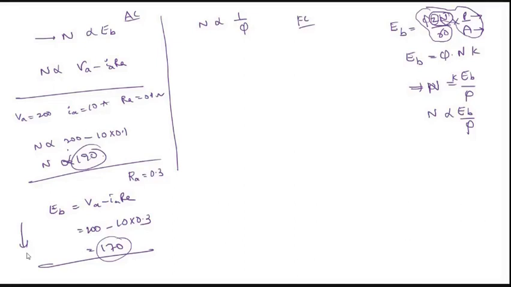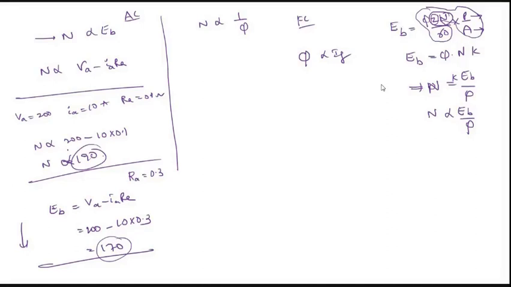Now coming to the field control. If you go for the field control, it's the flux. Flux is always proportional to the field current. So if the field current is changed, the flux will be changed. How are we going to change the field current? By decreasing or by increasing the field resistance. So if you go for the speed control of DC motors in the practical experiments, the motor field rheostat is in minimum position. The motor field rheostat is in minimum position.